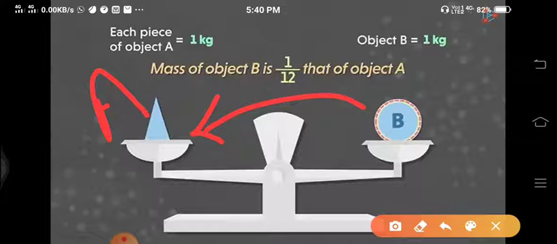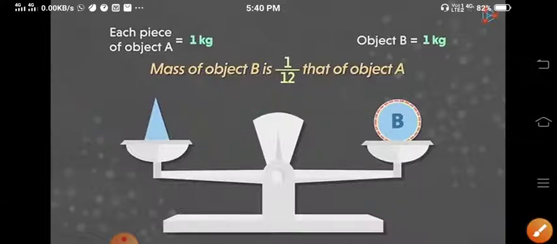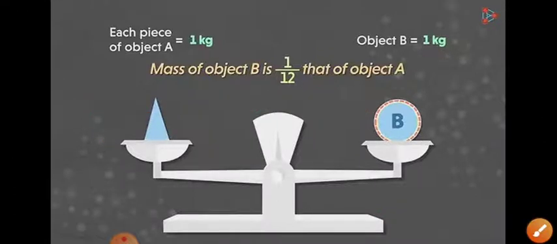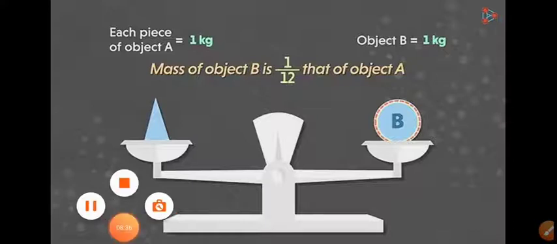In a similar way, we can find out the relative mass of an atom. In this experiment, we have considered two objects, A and B. With the consideration of object A, we found B. Hence, here there is a relation. So, with respect to A, we found B. So, it is the relative mass of object B. Similarly, we can find out the relative mass of an atom.